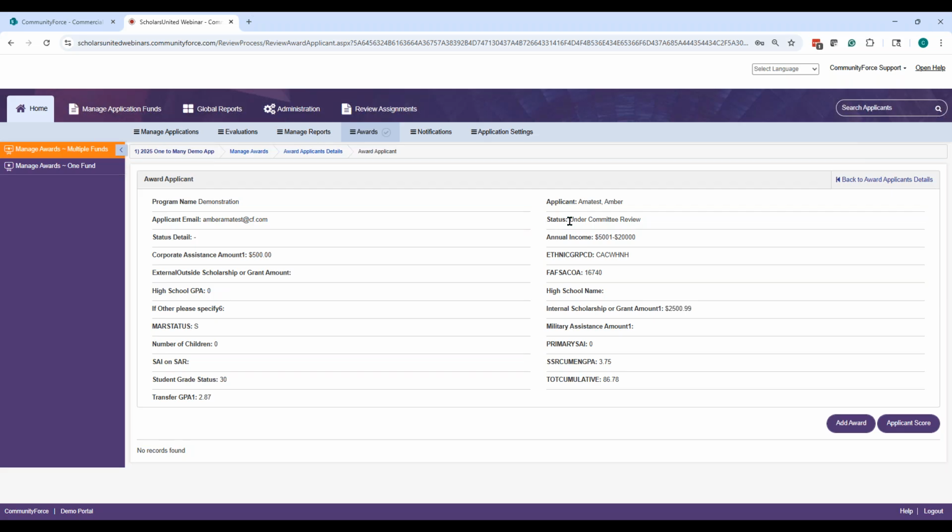And that's helpful because there are functionalities, especially with the acceptance and post-acceptance, that as soon as she goes to that status, if those sections are activated to show when she's at that status, they'll now be on her dashboard. But maybe I haven't told her about the award, so I don't want them to show. That's why I would use that initial award as well, because as soon as I enter a final award, you're going to see her status change.